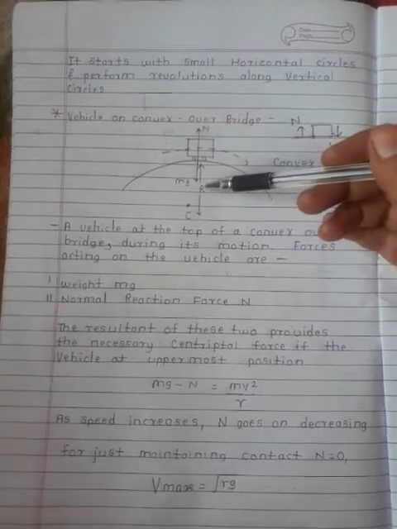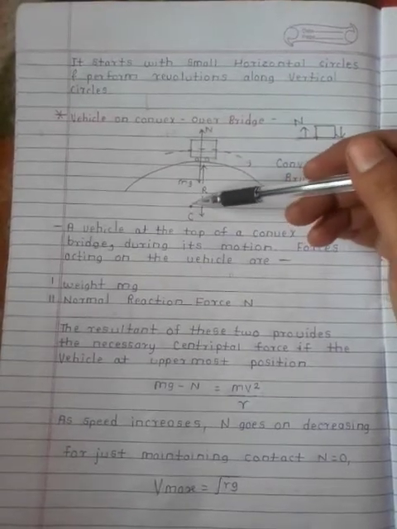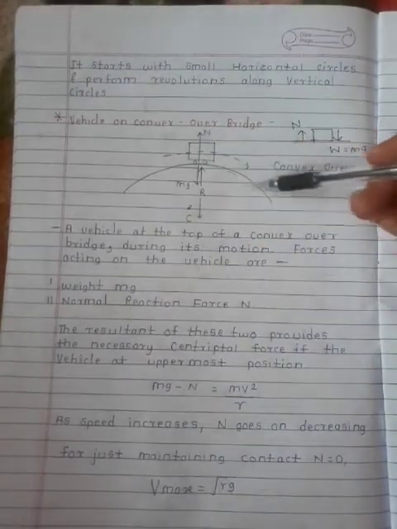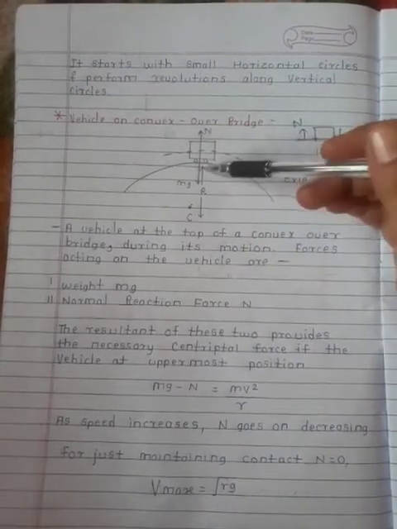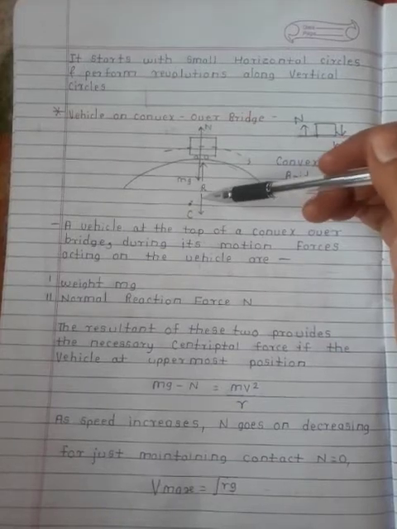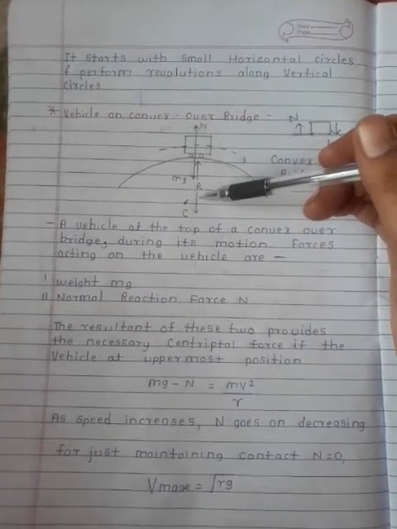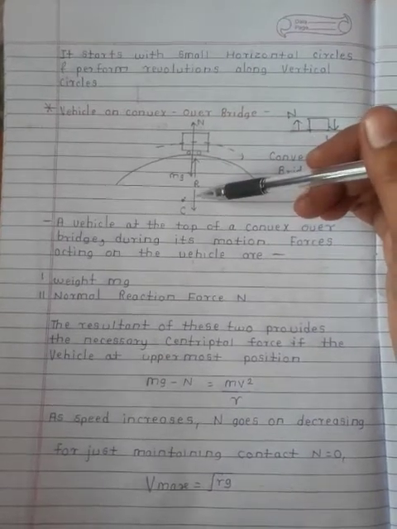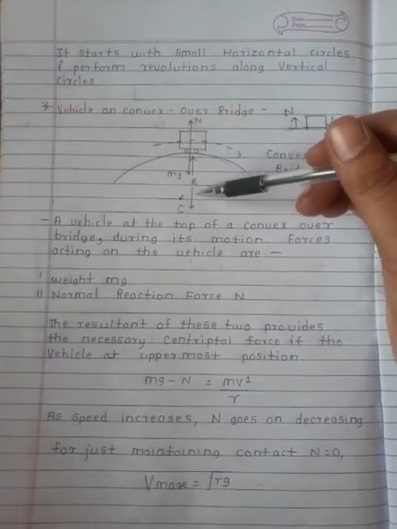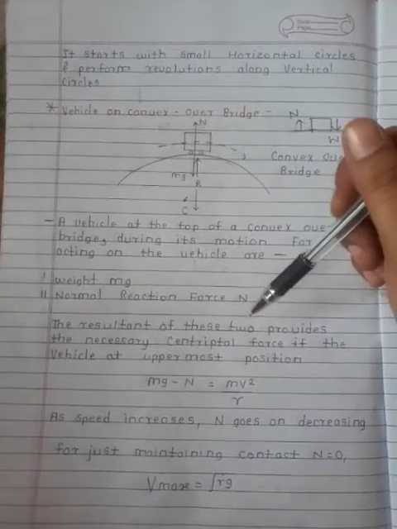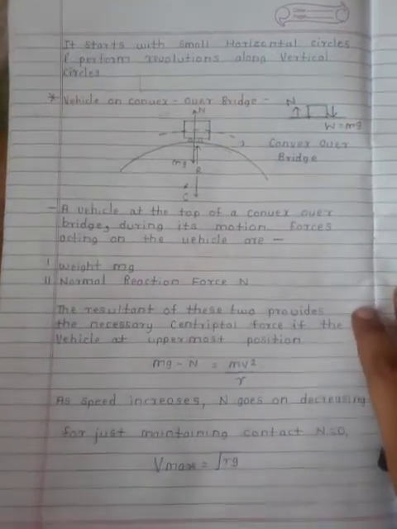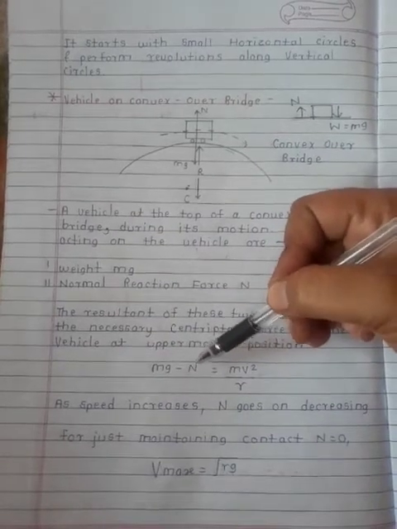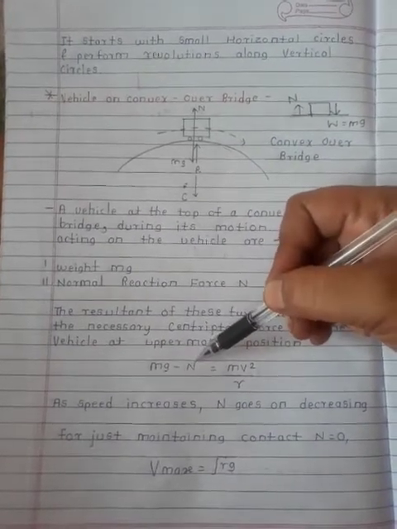The first thing after that, we consider C as the center along which the vehicle is traveling along the curved surface. We know that there is one force present, that is the centripetal force, the force which is along the radius and directed towards the center of the circle. This is the centripetal force. Now what is happening here, the resultant force which is the centripetal force is mg minus N. mg is nothing but the weight minus the normal reaction.